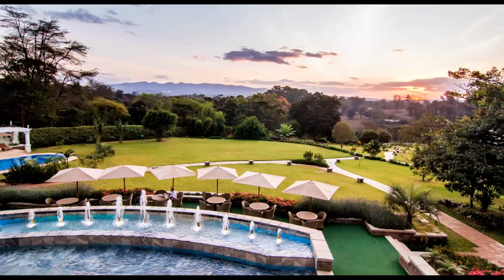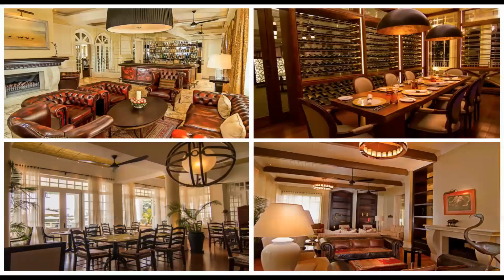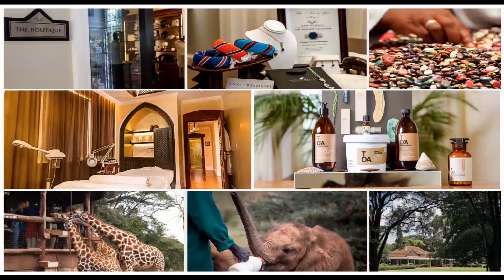You can see to the left of this slide is the swimming pool that we have, and I mentioned the spa as well. So we've got a lovely beautiful bar top left there, and we can organise private dining. There's a lovely bistro where most people don't sit inside, but a lot of people sit out onto the terrace, and a private lounge there as well. And at the hotel we've got a lovely boutique which sells lots of beautiful jewellery and clothes and things like that. We've got the spa at Hemingways,